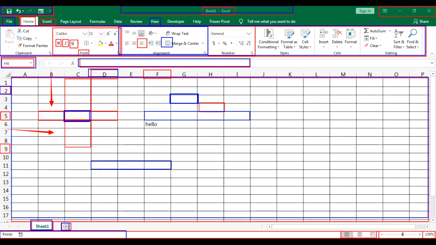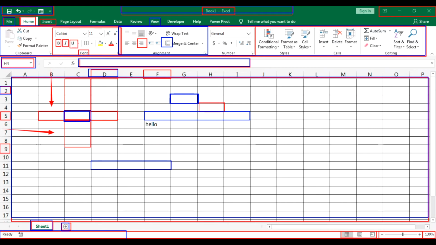Now first of all I would like to discuss that in MS Excel we work on the workbook. The file of MS Excel is called a workbook. By default its name is Book 1. Just like a book has all the pages, the whole book is called a book, and each page is called a worksheet.